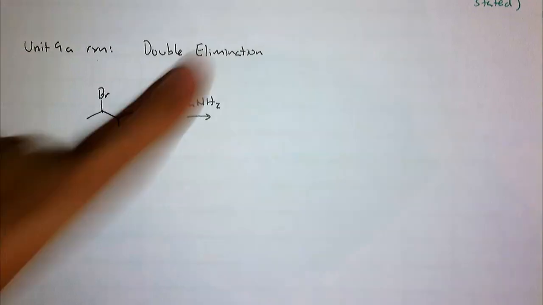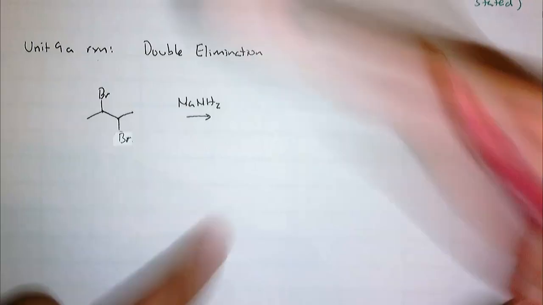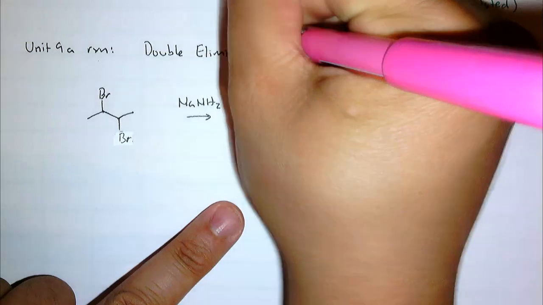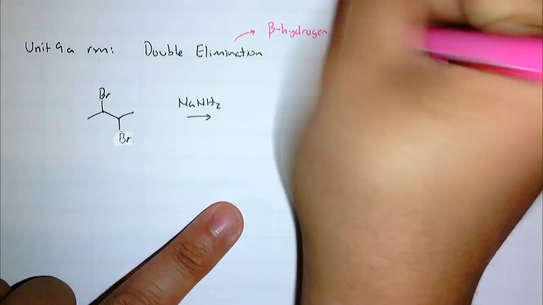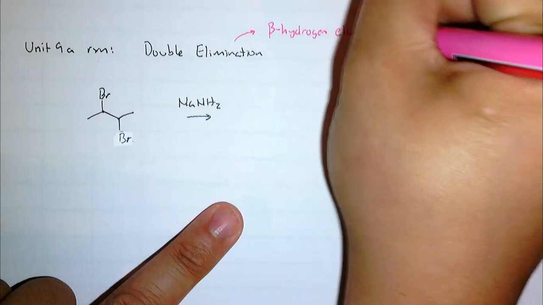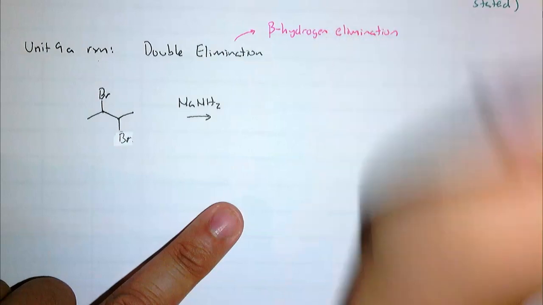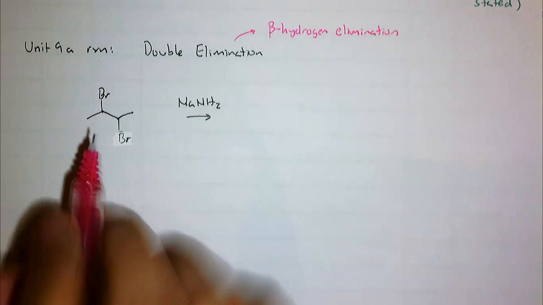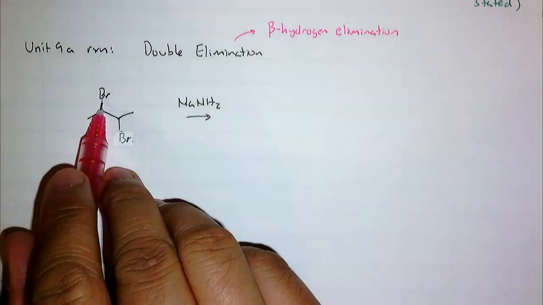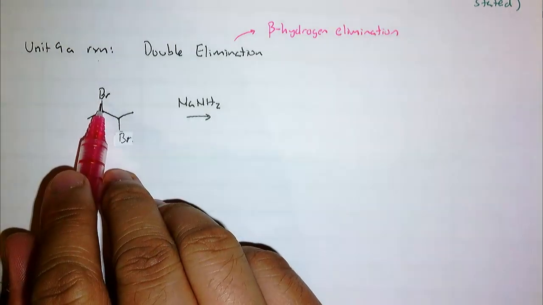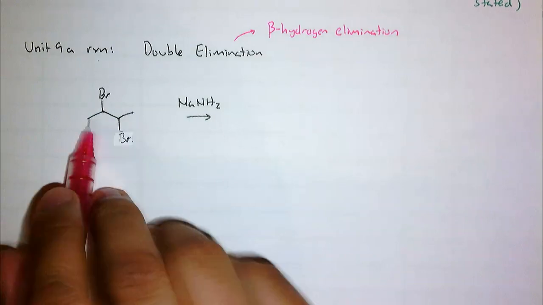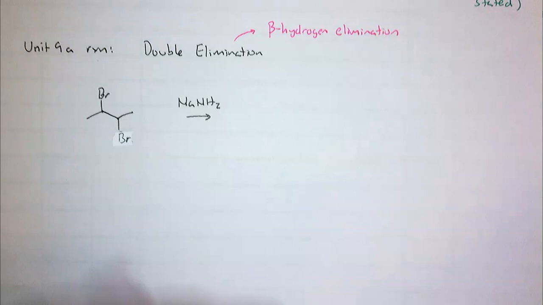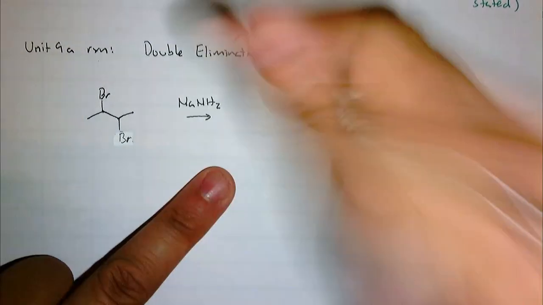Do you remember the elimination, though, what it's called formally? It's a beta hydrogen elimination. Hopefully you remember that, because for us to remove this bromine, we need a hydrogen in the beta position. But we have two beta positions, okay, and both of them have hydrogens. Okay. Let me draw out the final product,